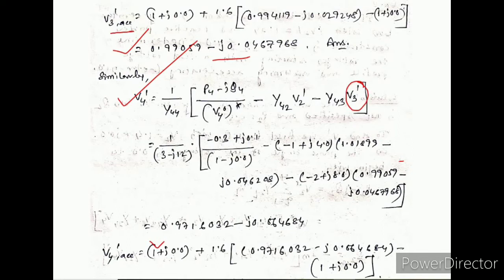That is why whenever we are putting V3 to the power 1, this value and this accelerated value will be the same. That means we have to put V3 to the power 1 as the accelerated value. Similarly we can find V4 to the power 1 accelerated by using the same formula. So whenever we use all the formulas properly, we can easily find all the results, that is V1, V2, V3 and V4. So this is the procedure to find the bus voltage as per the Gauss-Seidel method.